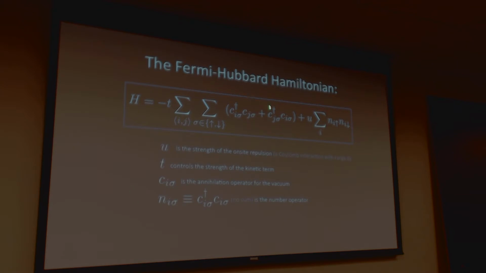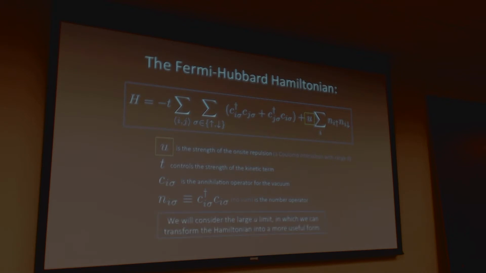There's a kinetic term, which is just like a tight binding model. It's a hopping sort of term, and then there's this U parameter, which is like a Coulomb interaction with zero range. It's a penalty for two fermions being on the exact same site. We'll find that the limit that's easiest to work with is the limit where U, this parameter that controls the Coulomb interaction, is very large,